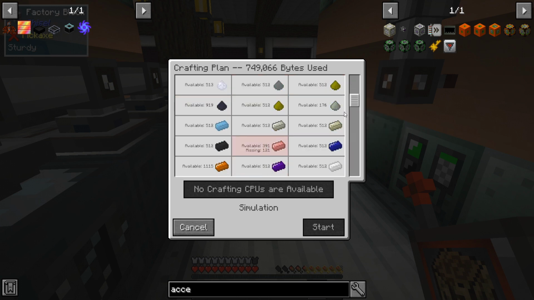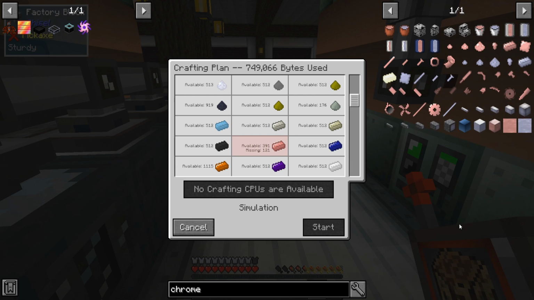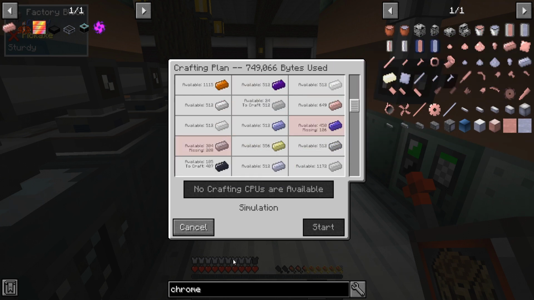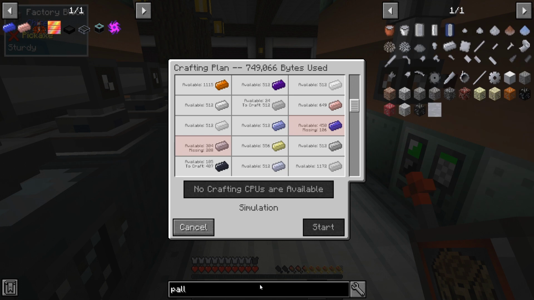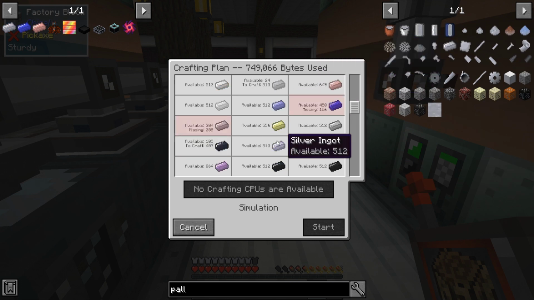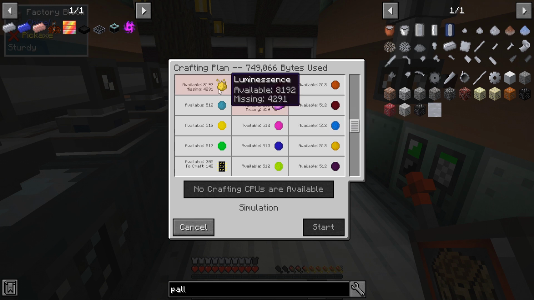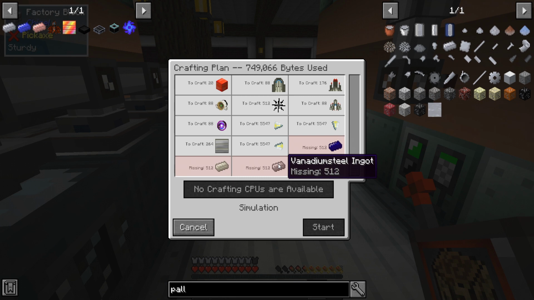That's already good. So we're missing a little bit of chrome, so let's go ahead and pin chrome. And then we're missing a little bit of osmium and palladium. Interesting. Osmium right here. I think osmium is just being smelted a little bit too slowly, so that'll be fine. Palladium there, and night slime being produced, luminescence. Let me go ahead and up that luminescence thing, and it looks like vanadium steel is being produced, yttrium, and